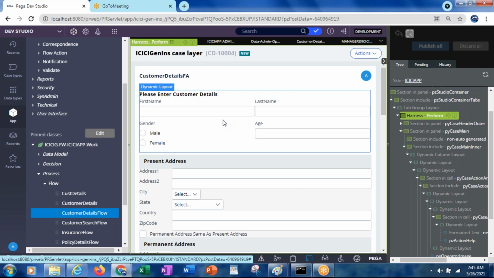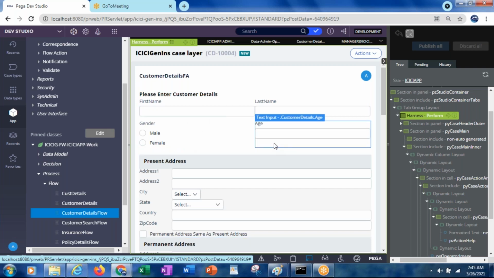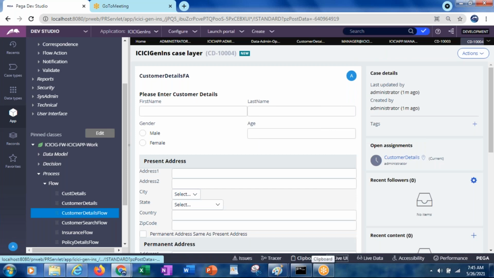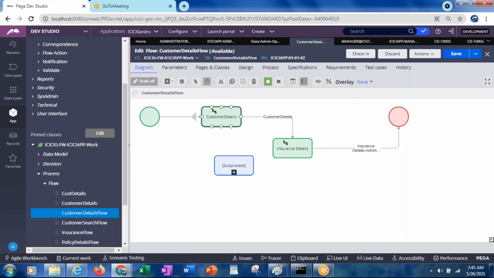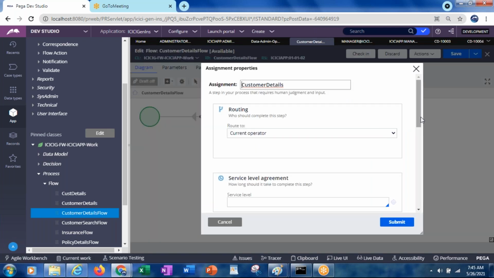So how exactly does Pega know that here we are entering the data and it should be performed and the perform harness has to be displayed? Otherwise the confirm harness has to be displayed. How exactly does Pega know? Even in the flow itself, at the assignment itself, at the assignment level only we have this option as well.